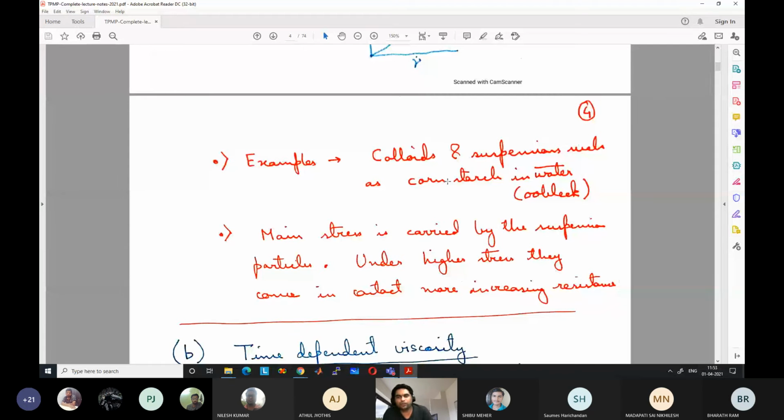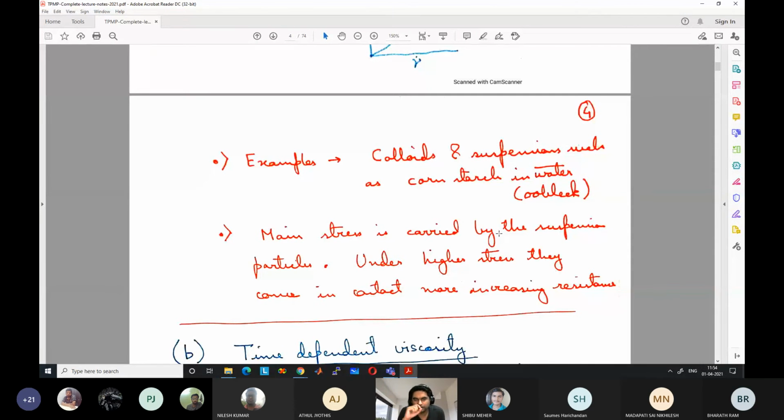Okay, so in these colloids and suspensions, the main stress is carried at the microscopic level. They consist of particles which are suspended in the liquid. Suspensions are materials where slightly larger particles are suspended in the liquid. Colloids are at a very small level. There is mixing between two types of materials. Like milk, where you have fatty oils and fatty acids and other things mixed in water. So milk looks like a single liquid, but actually is a mixture.